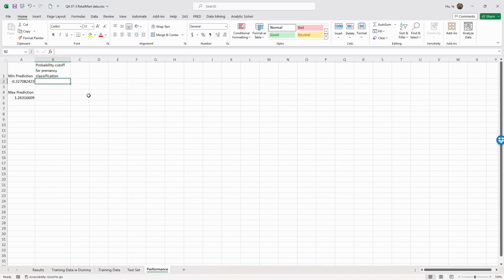All right, so given the range of the minimum and the maximum prediction, we are going to start from minus 0.35 and minus 0.3. So we want to decide the cutoff based on between the minimum and the maximum. So I'm going to select these two, hold on the lower right corner, and Excel is going to allow me to create automatic incremental values. So I'm going to drag this all the way until